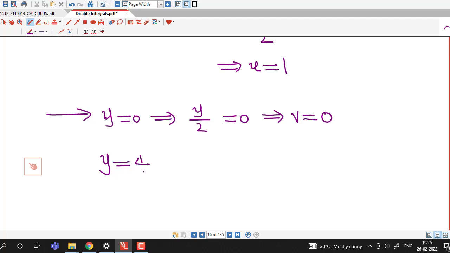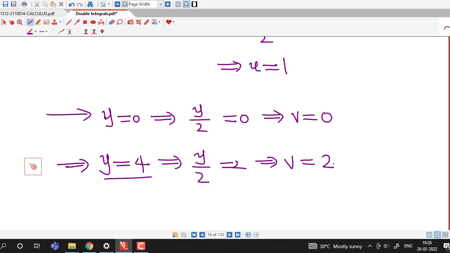y equal to 4 implies y by 2. If I divide both sides by 2, I will have 2. This means v equal to 2. So v is from 0 to 2 and u is from 0 to 1. So we can observe that limits of all these regions are,